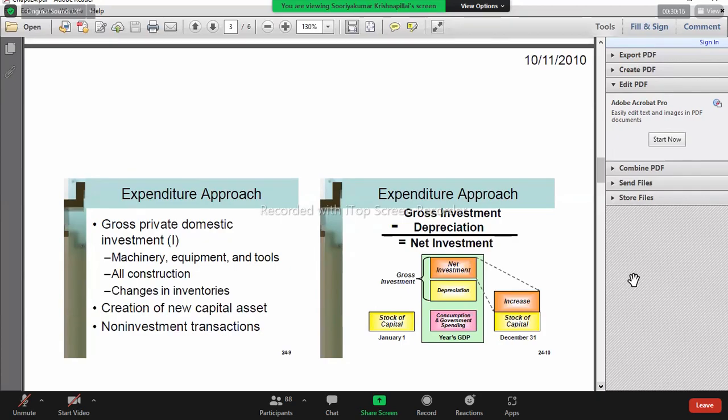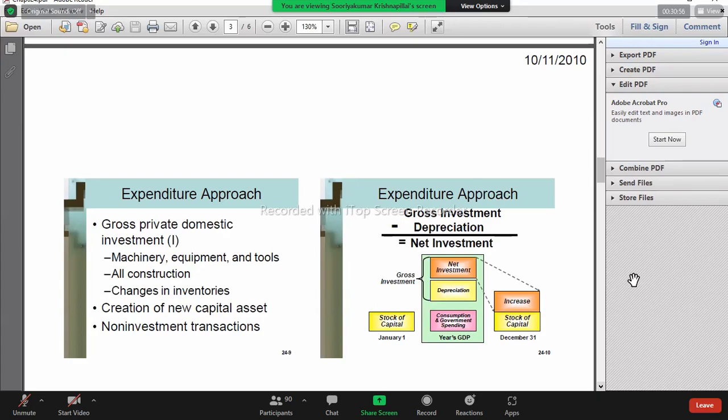So to maintain the stock of capital, we should invest to replace it, that is depreciation. So maintenance of the capital. When we calculate the total capital increase, we deduct this depreciation. So net investment is gross investment minus depreciation. If there is an increase in net investment, then the country's capital increases.